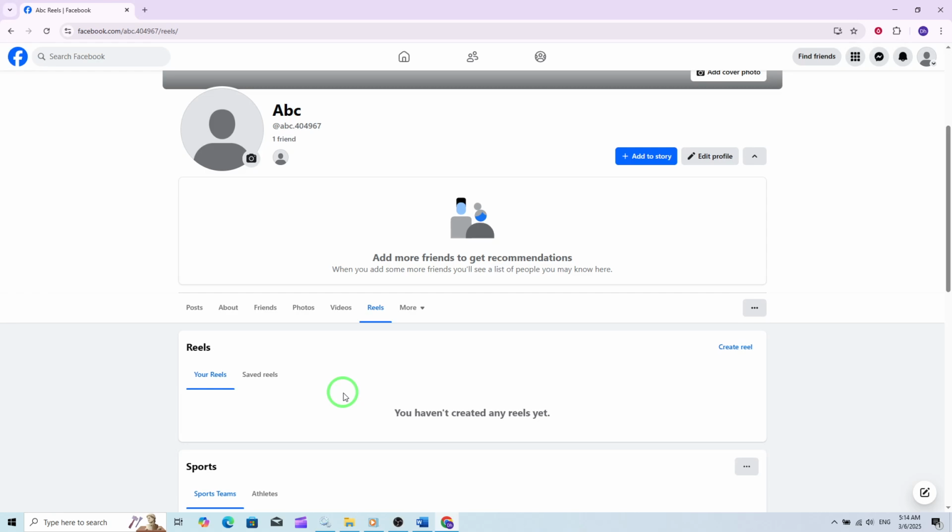This will display all the Reels you've posted, allowing you to easily browse through them. You can watch, share, or even edit these Reels right from this page. One of the great features of Facebook Reels is how seamlessly they integrate with your profile. Whether you're looking to relive a funny moment or share a creative clip with friends, your Reels are now just